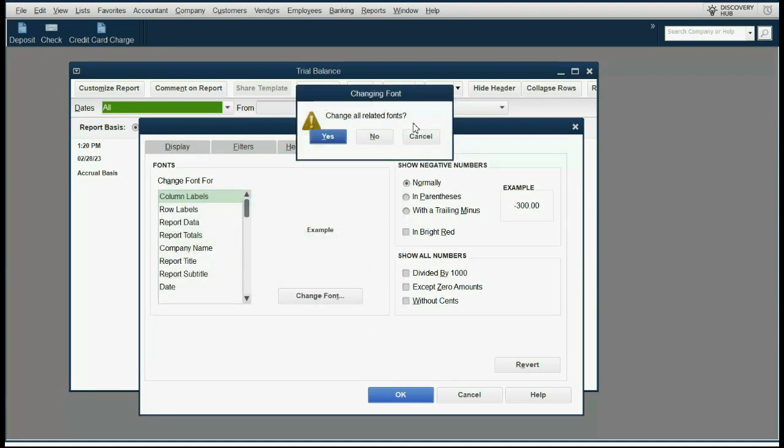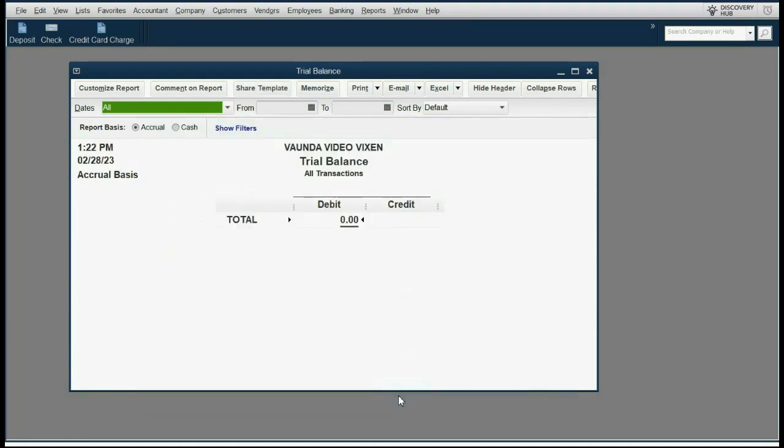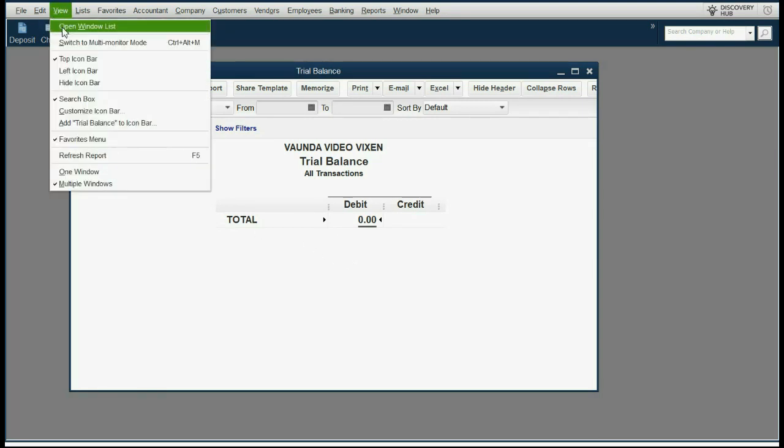Should we change all of them? Yes. Then when we click OK, you can see that the fonts have been changed. We could even make the column wider by clicking the 3 dots. When we get the T, we click and drag. And now that the trial balance looks exactly the way we need it to look, we can click View, add